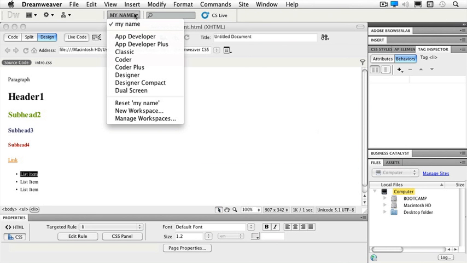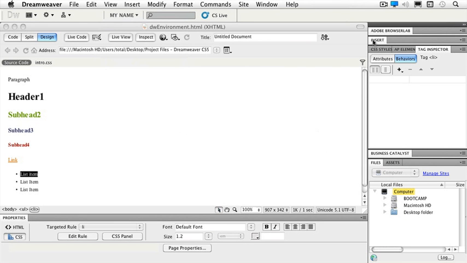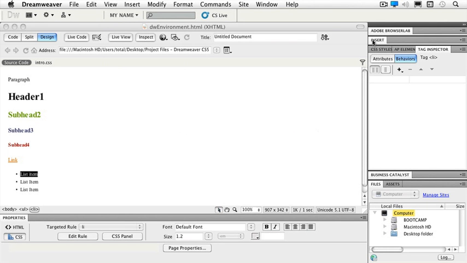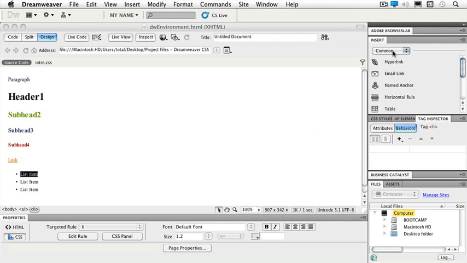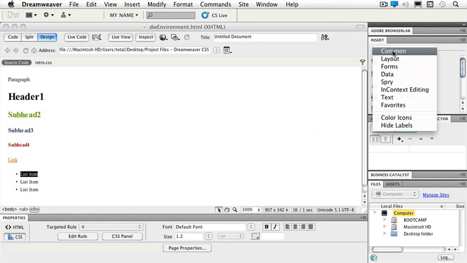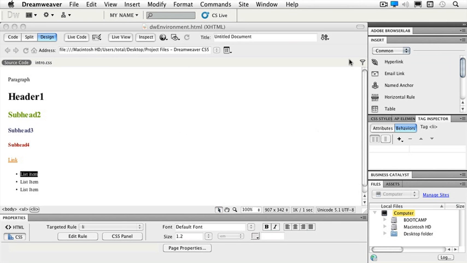very first thing. So let's take a look at the panels on the right-hand side just to know what you have available to you, and then we'll take a look more in depth a little bit later on. The first panel that you'll work with on the regular basis is my Insert panel. My Insert panel, if I double-click it, I have a drop-down for Common, Layout, Forms, Data, Spry, In Context Editing, Text, and Favorites, meaning that I can make my own favorites. So just even in the Common tab, I can do simple things like hyperlinks and emails and a named anchor,